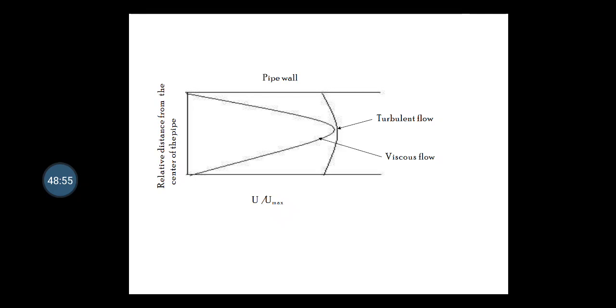The second application is that the nature of the flow of liquid in a pipe determines the rate of heat transfer. The buffer layer in turbulent flow and the stagnant layer in viscous flow offer resistance to heat transfer. That heat transfer concept will be covered in our next chapter, which is heat transfer.